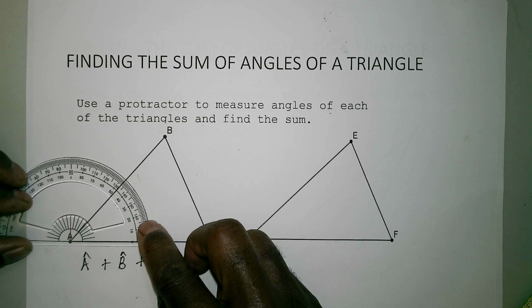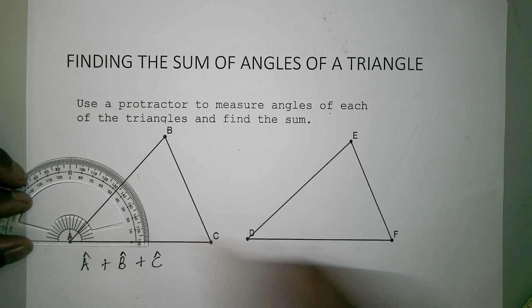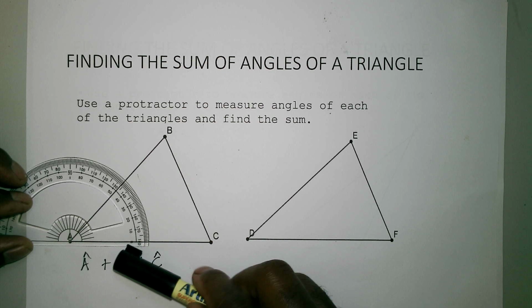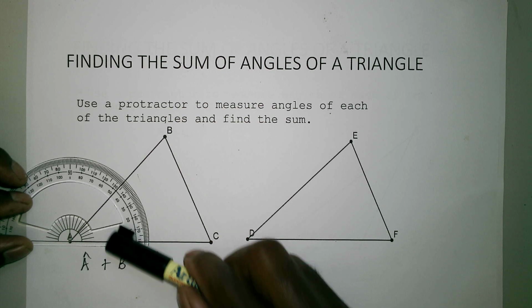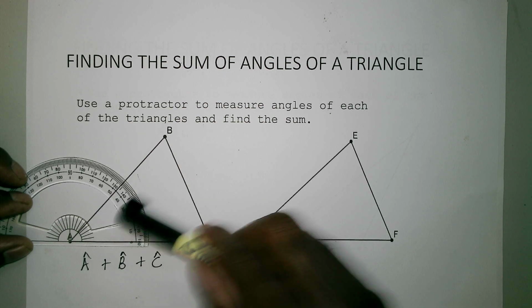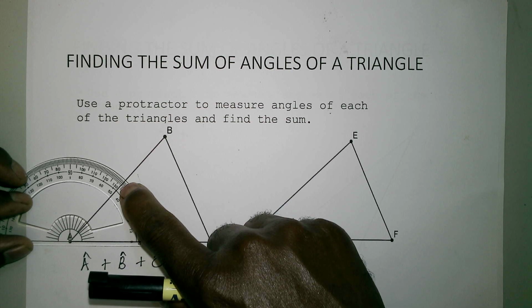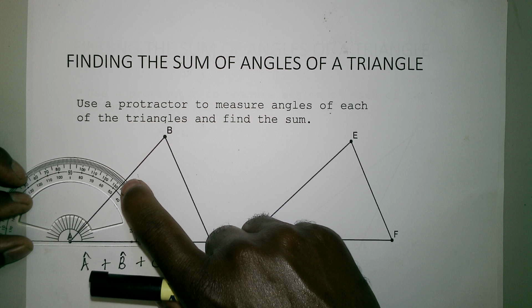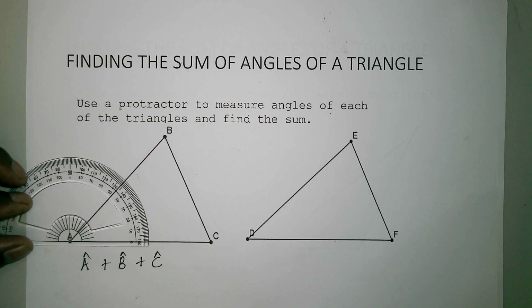Now if you look here, starting from 0 going up, this will be 45, and that will be 46, and that will be 47. So it means that our angle A